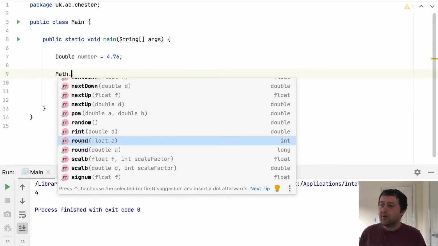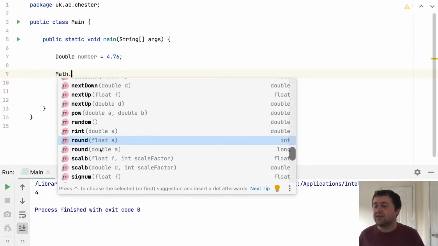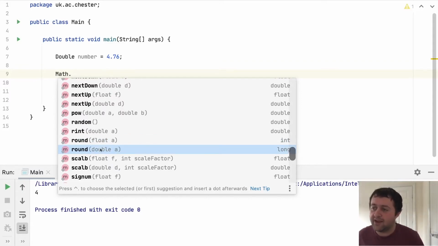Okay. The thing to be aware of here is that if we pass in a float to the round method, we'll get an integer back, and if we pass in a double, we'll get a long back. It may let us store a double as an integer. We can try that, but it's probably better to make sure that, because we might not necessarily know what the number is, we don't want to find out that it actually exceeds the maximum value of an integer. So we probably want to be on the safe side. We'll try it with an int, see if it allows us to do it, but then we should really use